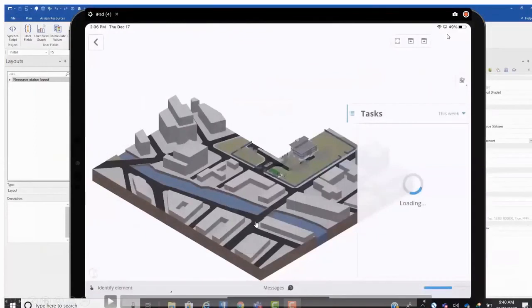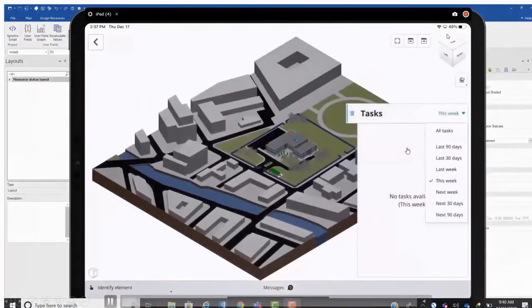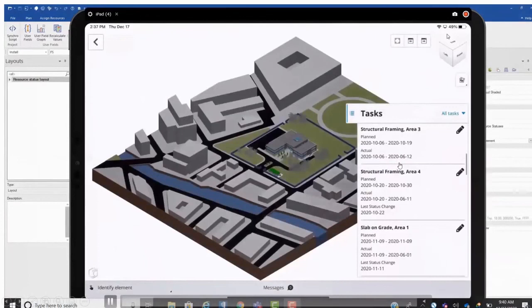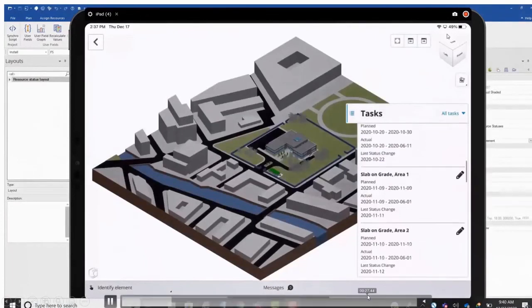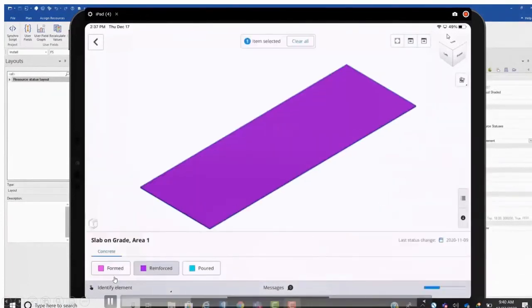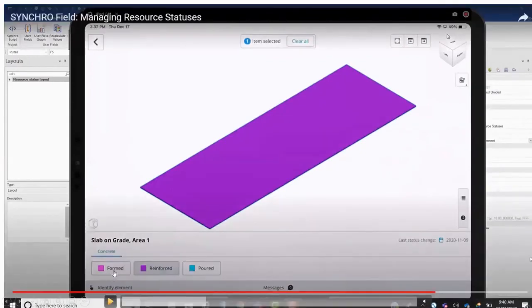You can see here, I'll just quickly go back. Let's say as a project manager, I have assigned some task to someone. The person knows exactly what the task is, and he's checking that. Here you can see I have given task data: formed, reinforced, and poured. This is a concrete slab, let's say, and I have given a color coding. So the person in the site can choose that this slab has been reinforced, and he gives a color coding on that.